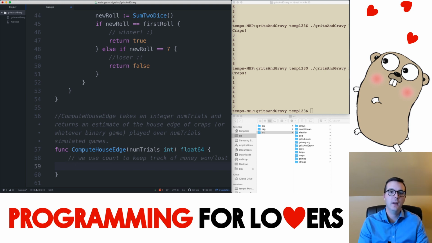we're going to either receive the unit that we wagered along with an additional unit back, in which case we won, and our count goes up by 1, or we've lost our wager, in which case it goes down by 1. So I'll start this at 0,